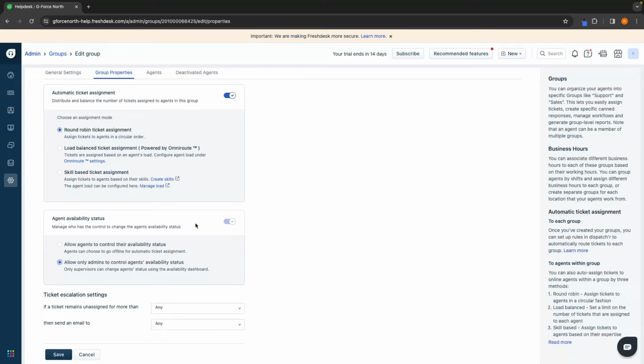So first of all, we can allow agents to control their availability status. And what this is going to do is give them an option in the top right corner where they can choose if they are working, if they are away, if they are on their lunch break. And when they are in these different sections, that's going to stop them from being assigned tickets. For example, if Kelly goes up here and she sets this to being on lunch, then she will not get any tickets assigned during that time. Alternatively, we can have this so only admins can set these availability statuses, but I personally prefer to allow agents